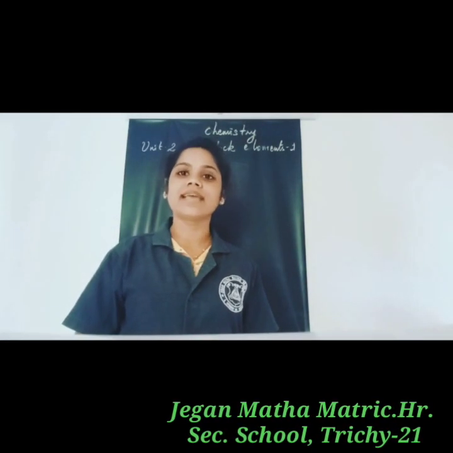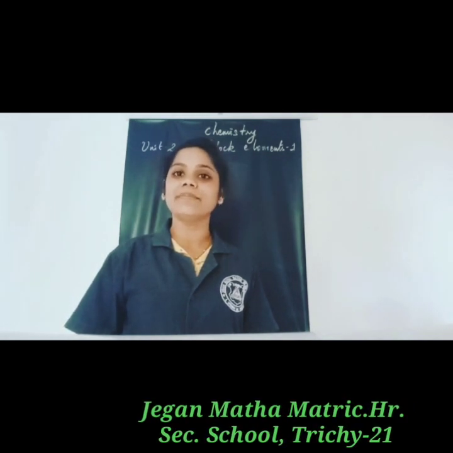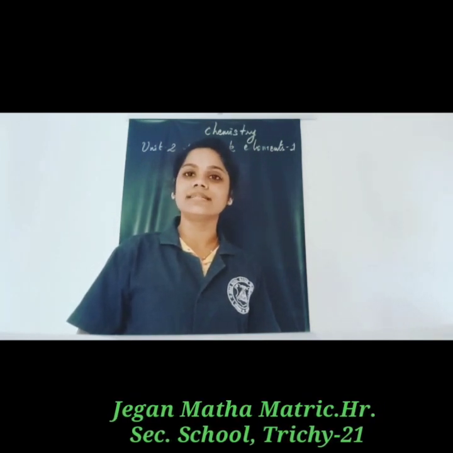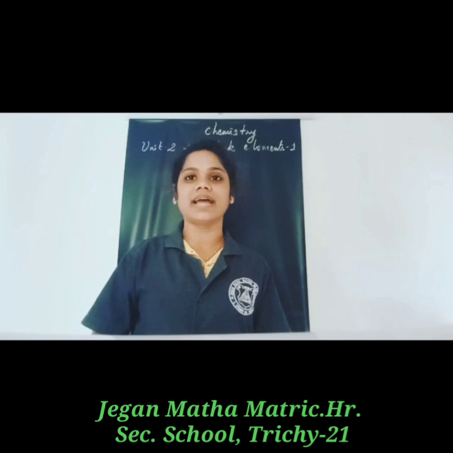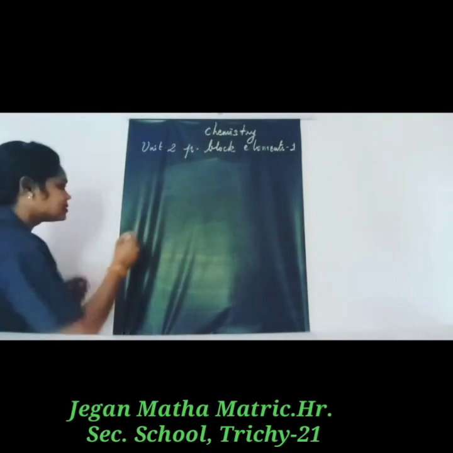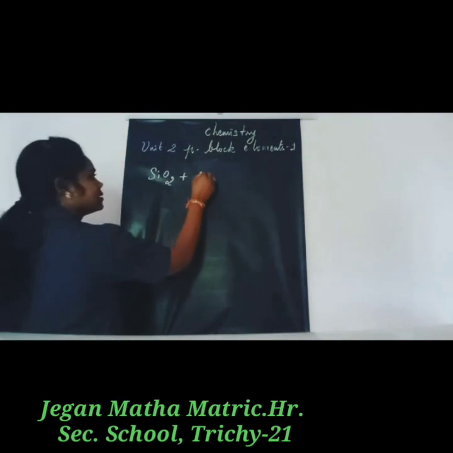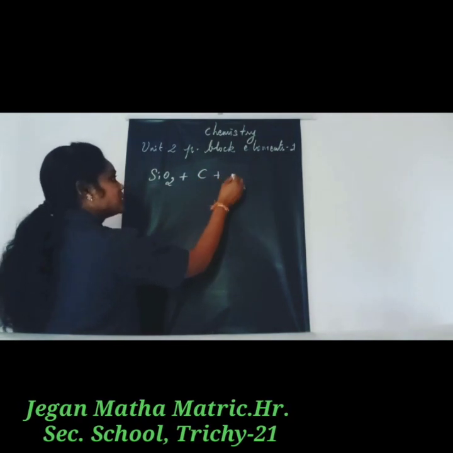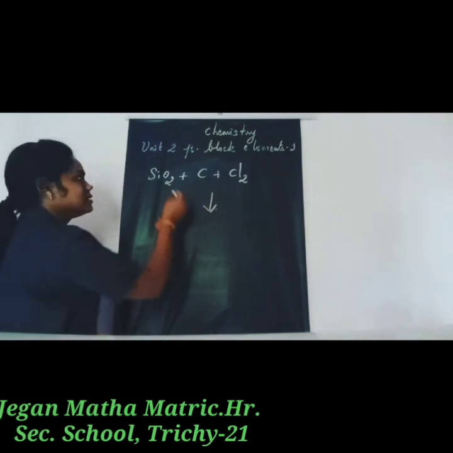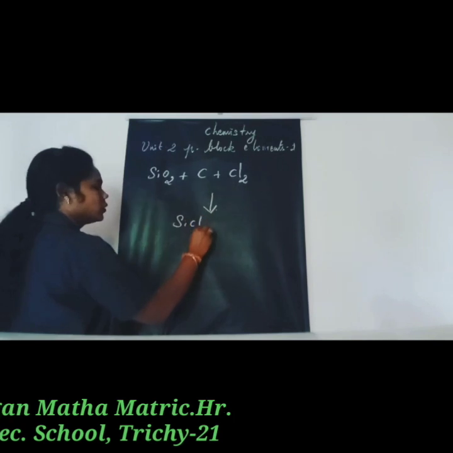Silicon tetrachloride can be prepared by passing dichlorine over an intimate mixture of silica and carbon by heating at 1675 Kelvin in a porcelain tube. So here we take silica. Silica represents SiO2, that is silicon dioxide, plus carbon plus Cl2 is passed through the porcelain tube. So here we obtain silicon tetrachloride